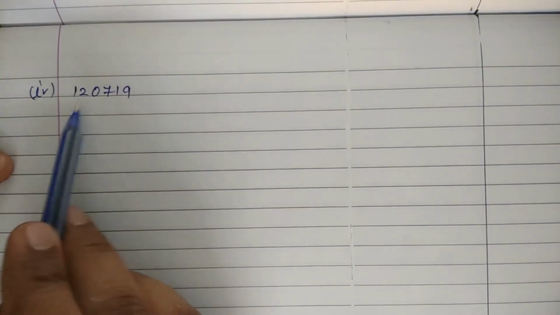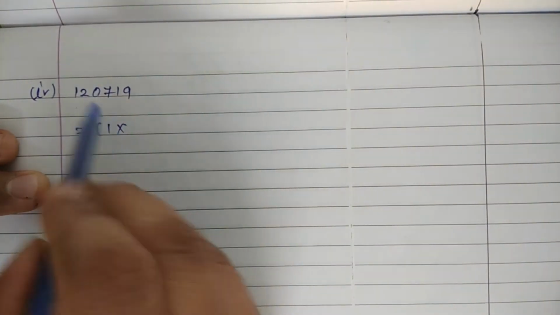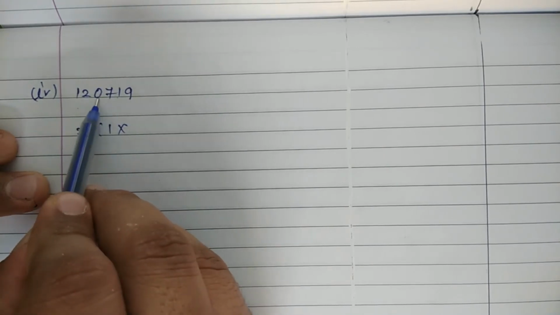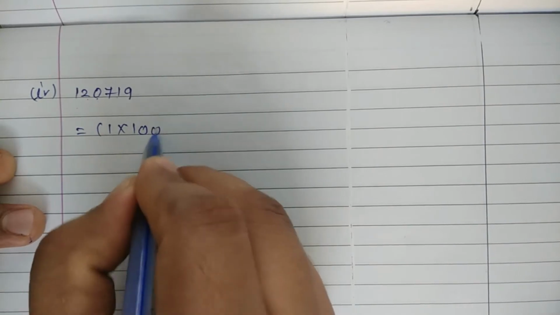Number 4, 120719. So that is equal to, start from 1. 1 is at ones, tens, hundreds, 1,000, 10,000 and 1 lakh. So it is 1 multiplied by 1 lakh